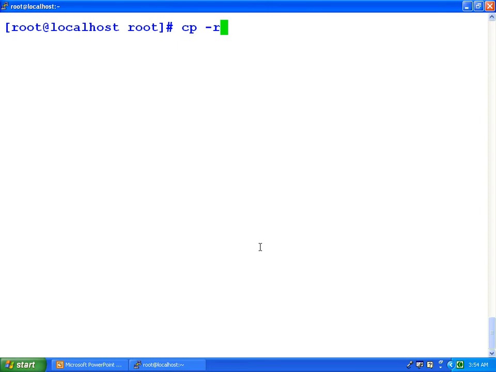If we want to copy that directory into Sandeep Kumar, then we have to write /root/Dadwal/ the directory name first dir space.